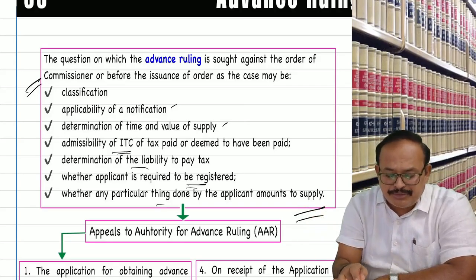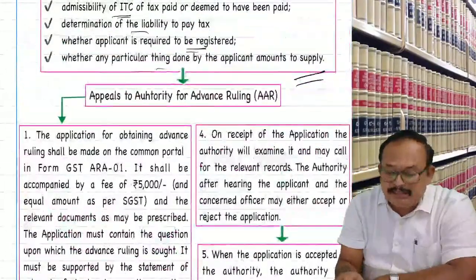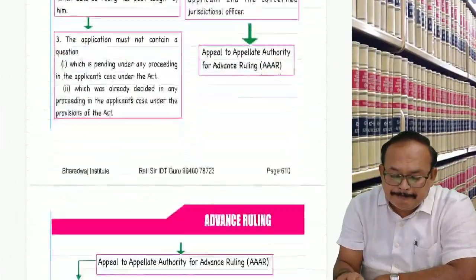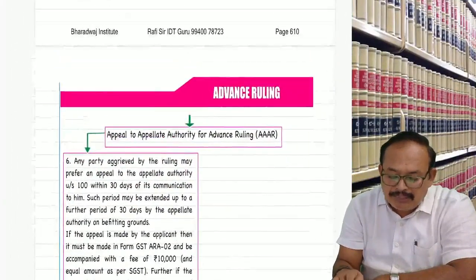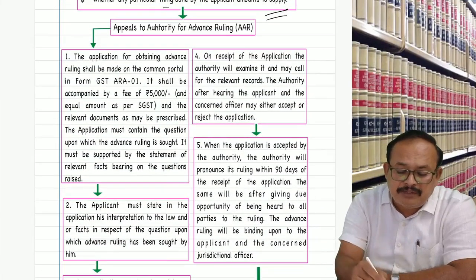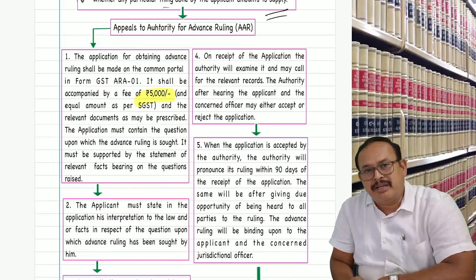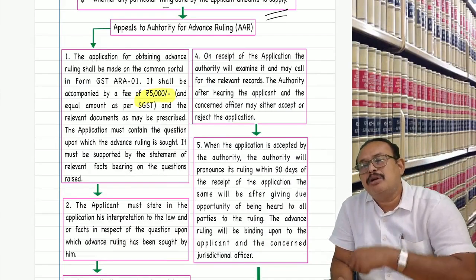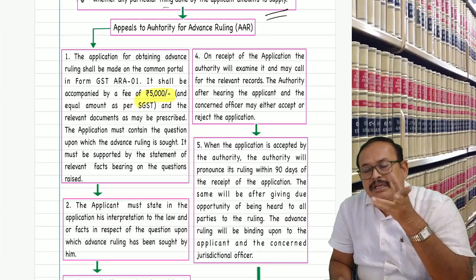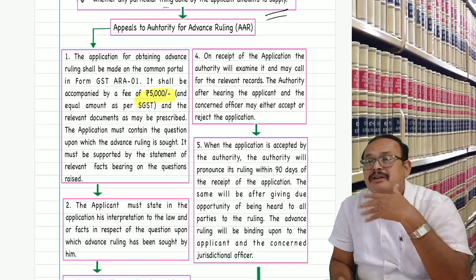I filed the appeal by paying the fees also. I have to pay the application fees to the appeal authority. Here there is a separate amount: application fees are rupees 5,000 for CGST and 5,000 for SGST, totally 10,000. Rafi paid it against a particular order of the department. I filed the appeal. Judgment is given in favor of Rafi.